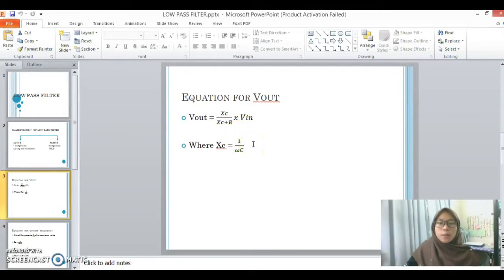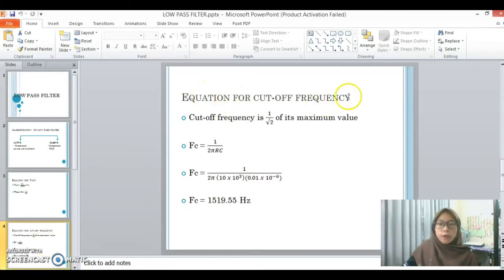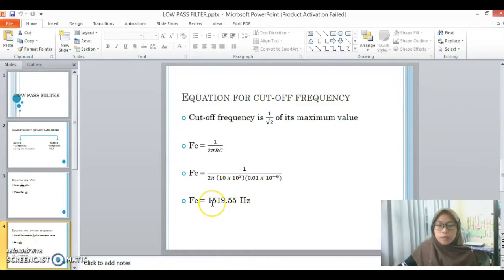But the most important equation for low-pass filter is this one. The cut-off frequency is where the output is 1 over √2 of its maximum value, and the equation for cut-off frequency equals 1 over 2 pi RC. For this value of RC, you can use the one that you use in your design. Like mine, I use 10 kilo ohm resistor and 0.01 microfarad capacitor. So I just plug in the value here and I will obtain this answer,